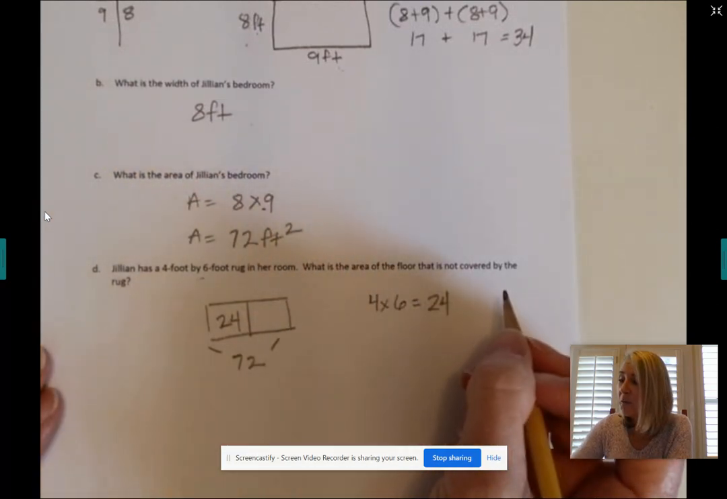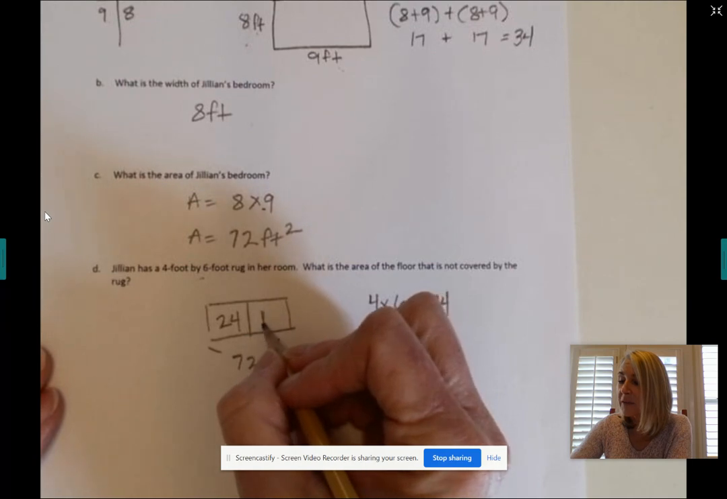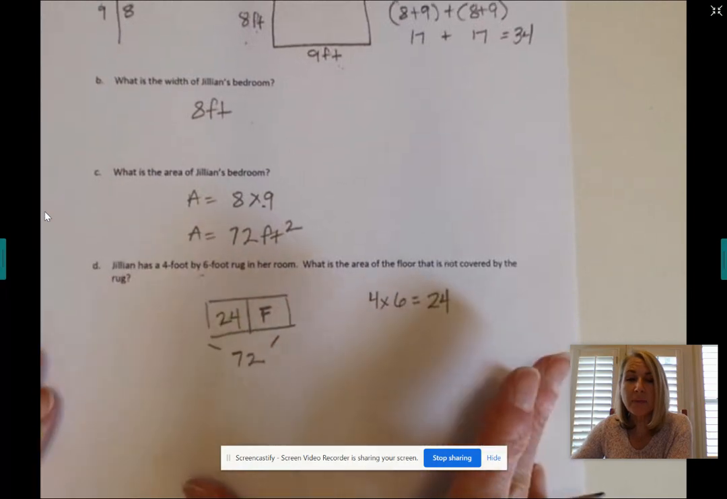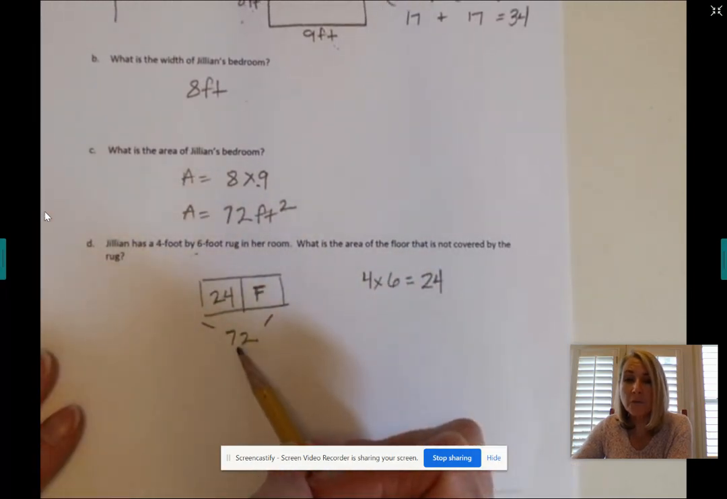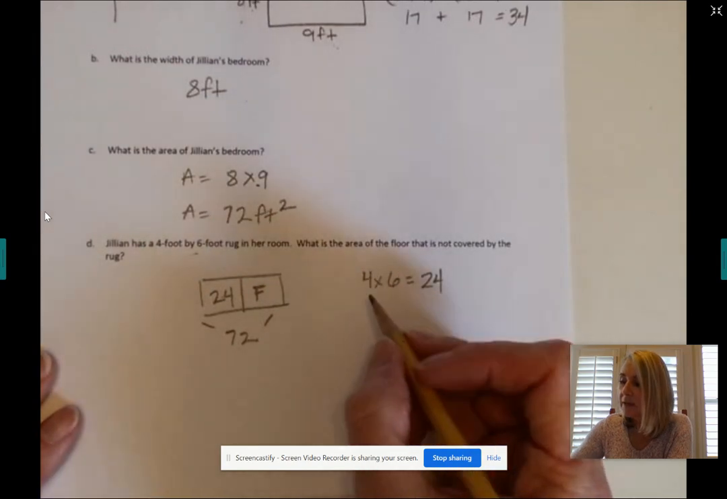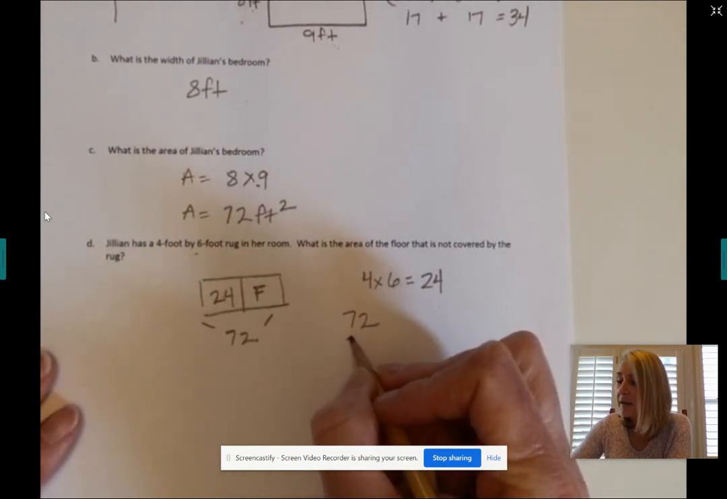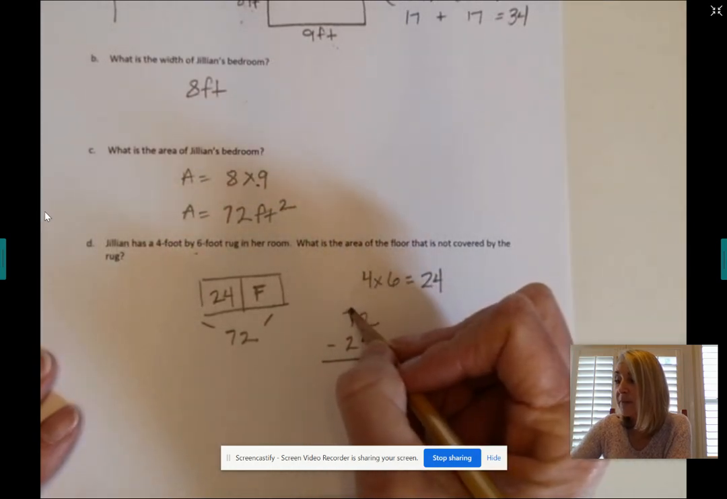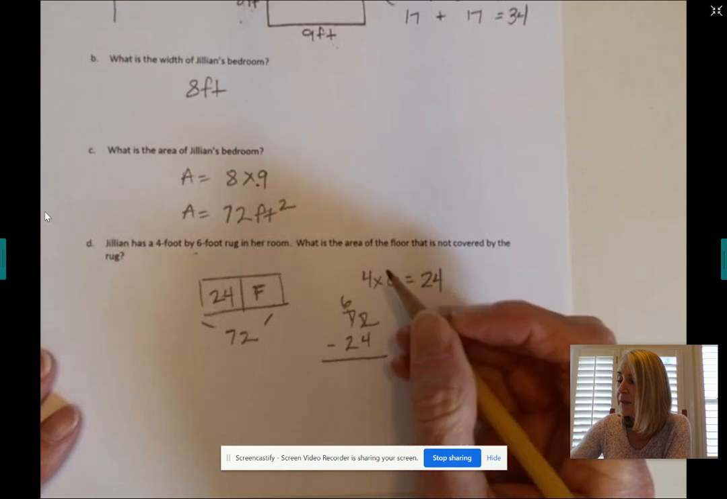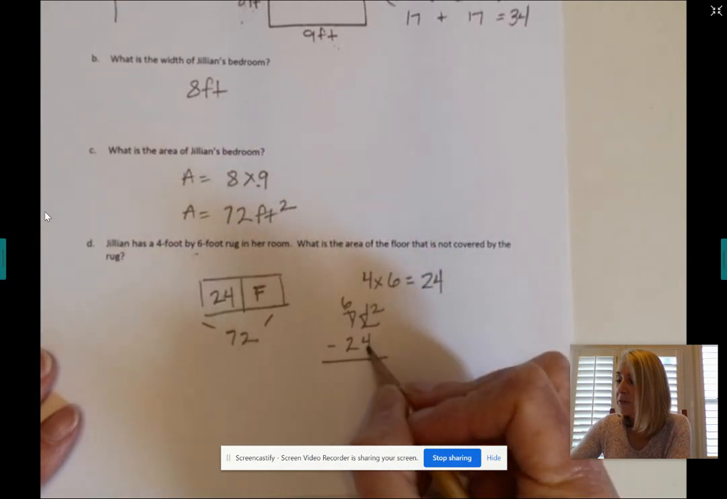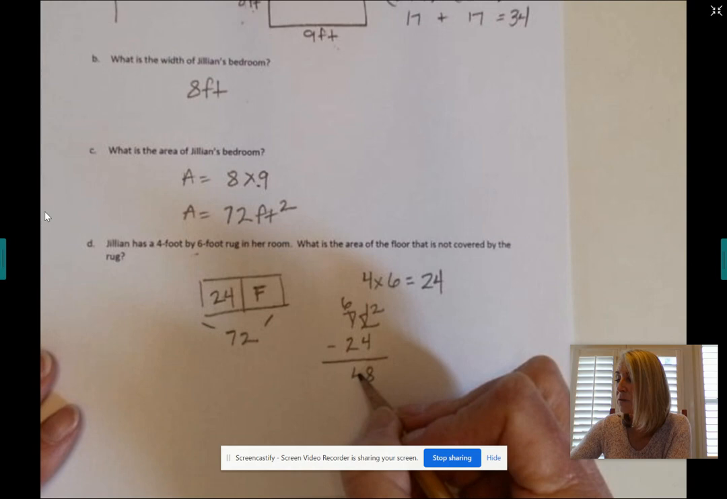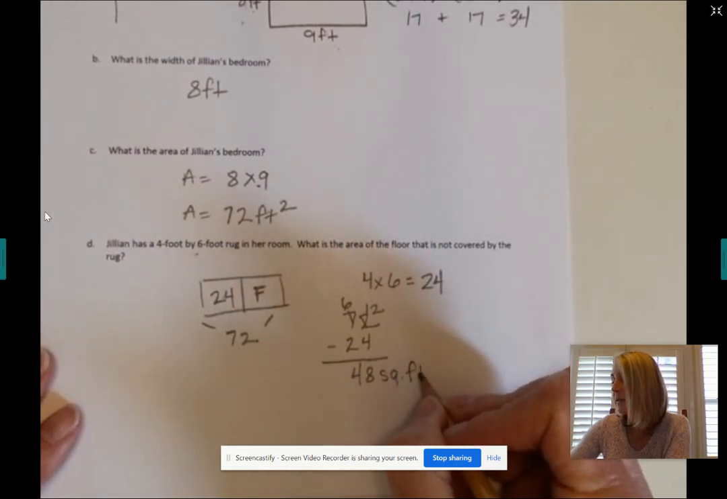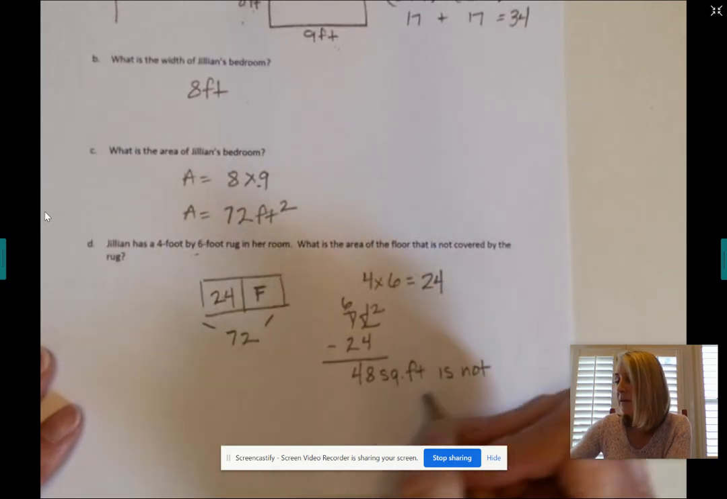And we need to know what part of the floor is not covered, right? So we'll put F for floor. So when we have a tape diagram that looks like this, we have a whole, we have a part, and we have an unknown. We subtract. We take away the amount covered by the rug to find out what's not covered. So I have to regroup here. I have 12 minus 4 equals 8. 6 minus 2 is 4. 48 square feet is not covered